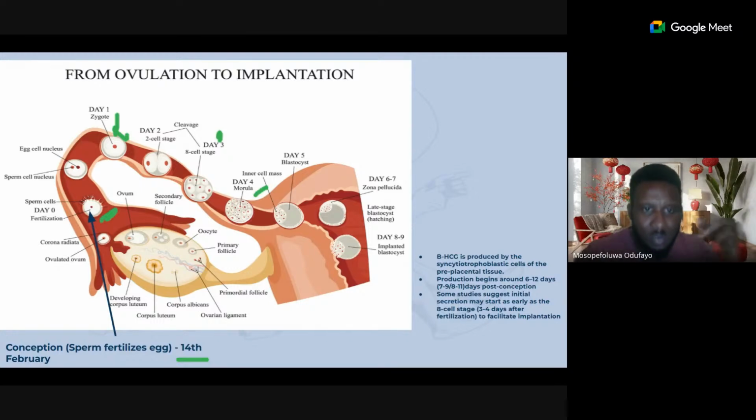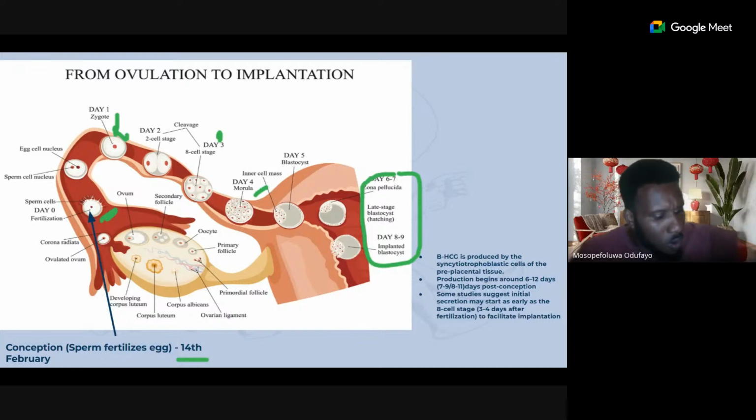It begins to plant itself, so it digs into the womb. But this 6th, 7th, 8th, and 9th day period coincides with a period where this blastocyst, a part of it, especially that part that is trying to burrow into the womb,